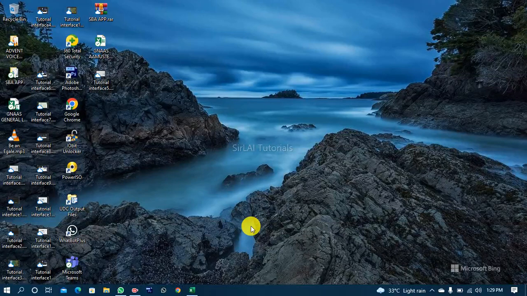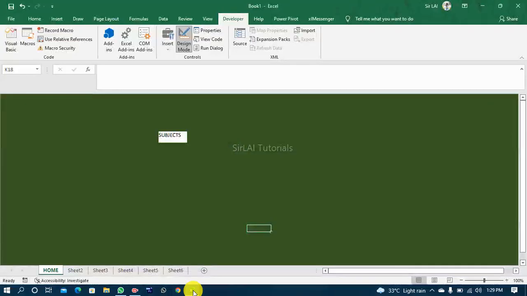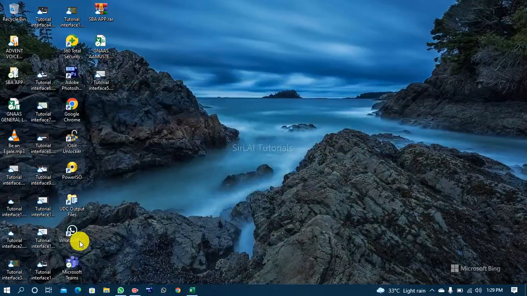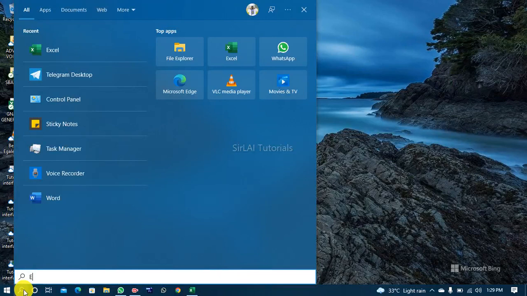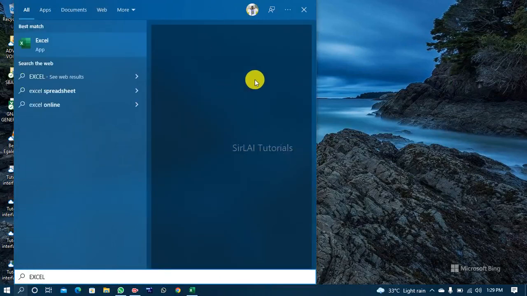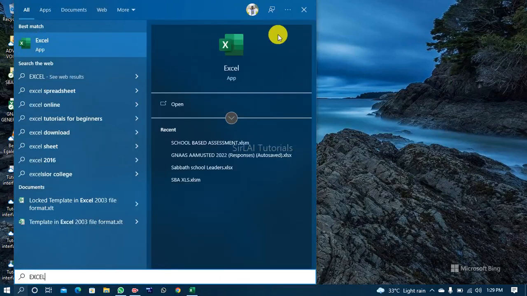Okay, so I welcome you to this first tutorial on how to design the homepage for the SBA system. And so you need to open Excel. You can open Excel by the search bar. Then after you've typed Excel, you just double click